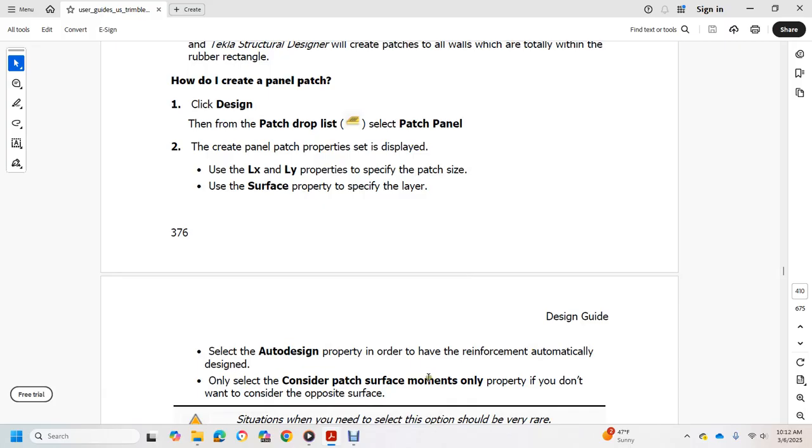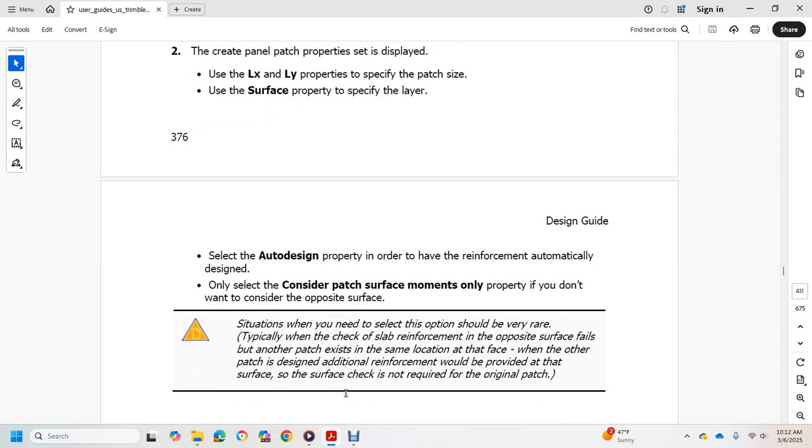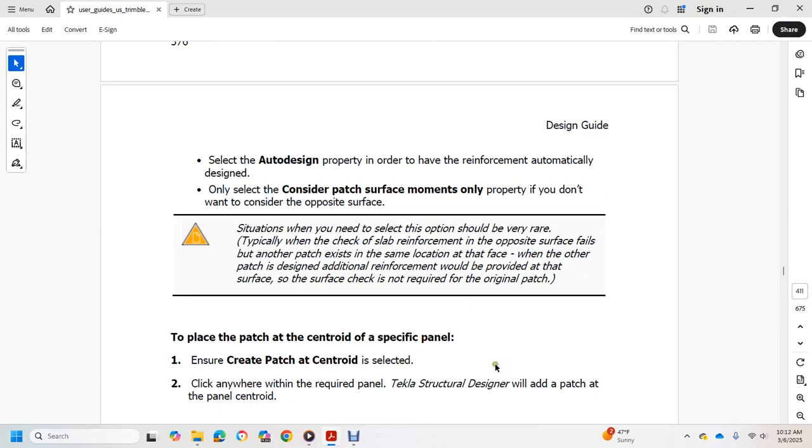Only select the consider patch surface moments only property if you don't want to consider the opposite surface. This option should be very rare. Typically, check the slab reinforcement on the opposite surface if another patch exists in the same location on the other face. When the other patch is designed, additional reinforcement will be provided. The surface check is not required for the original patch. To place a patch at the centroid of a specific panel,